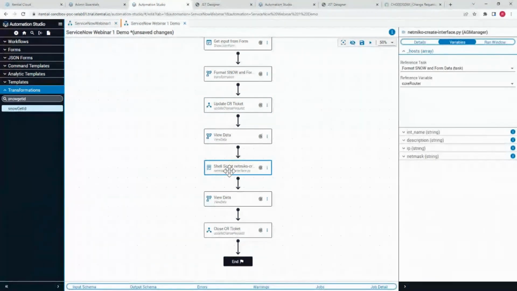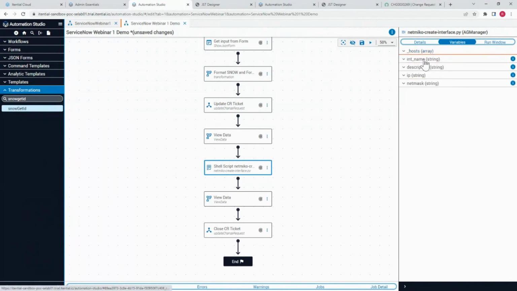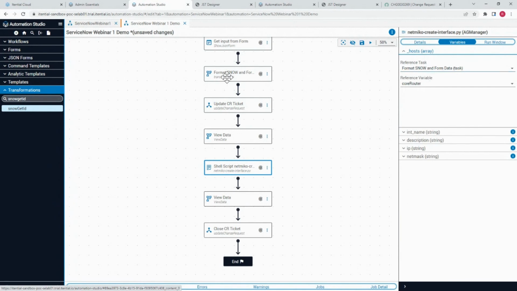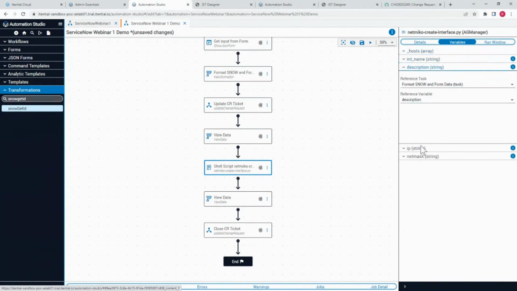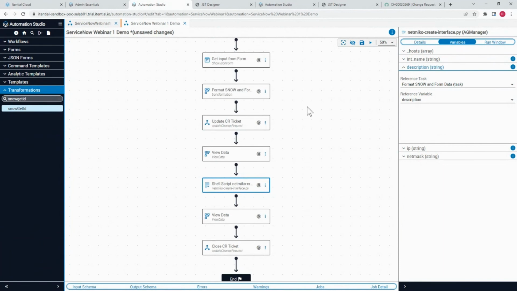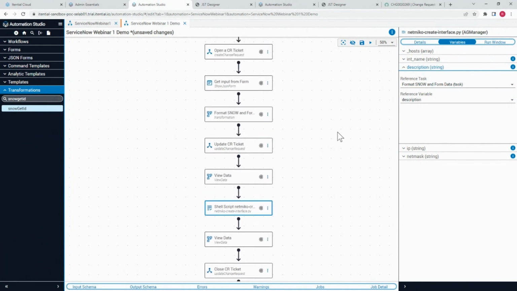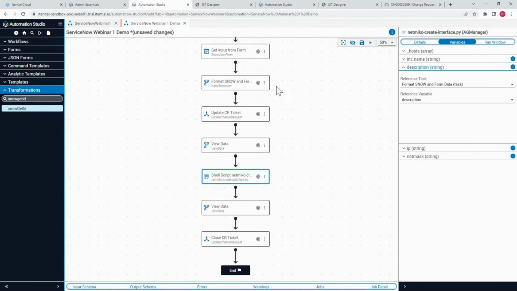The next thing that gets done here is when we go to the network change, we're using a Python script. It requires all of this data. Where does that data come from? It does come from the form ultimately, but it runs through a transformation to put it in the format that this needs in order to run. And that format is individual variables. So host, we're referencing our transformation task and the very specific core router variable, that's our host that maps to that. And we did all of these features and functions within a single transformation,